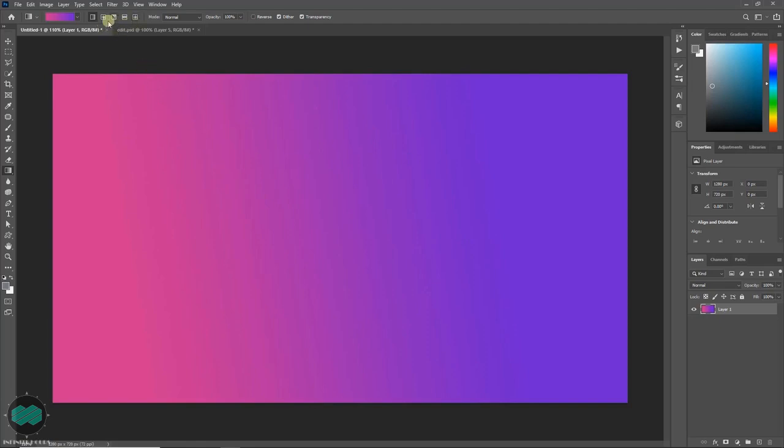Here there are some presets you can use. Press and hold shift and drag to get a horizontal line, or can create a vertical line.